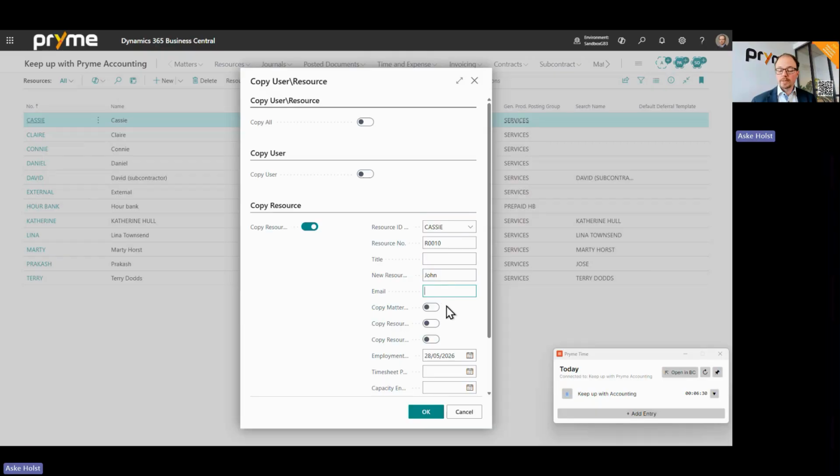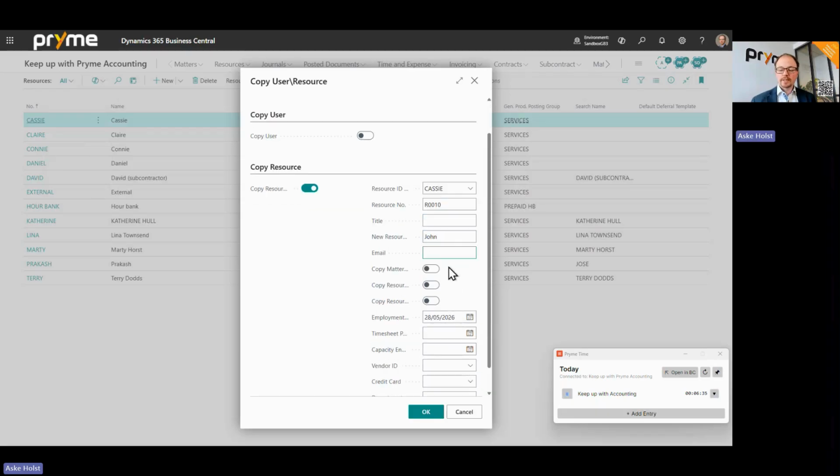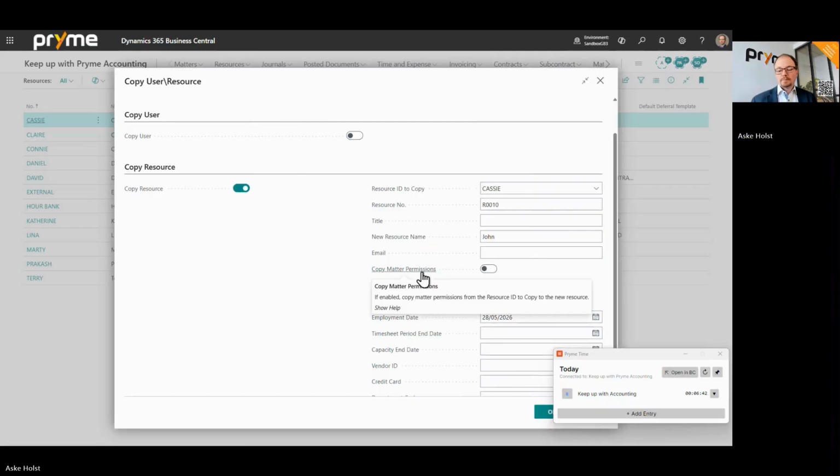There's a lot of additional information, but most of the information is copied over from Cassie. It is just the extra information that is personal to this individual that I add. You can also add related information. That could be matter permissions, that could be prices, that could be dimensions. We will set an employment date, and if we set an end date for timesheets, then it will automatically create timesheets for this new resource, and the same for capacity. So it's very easy to copy resources